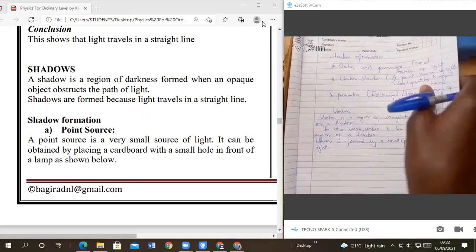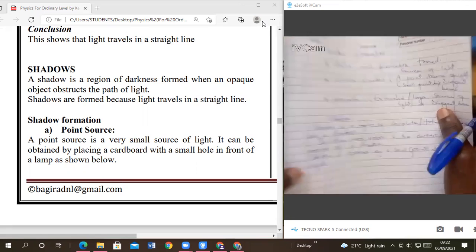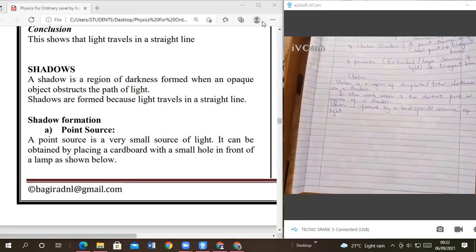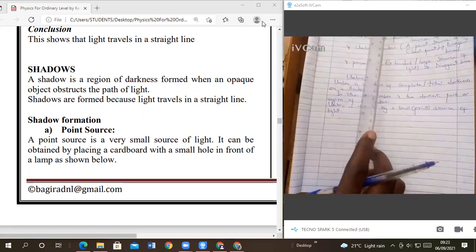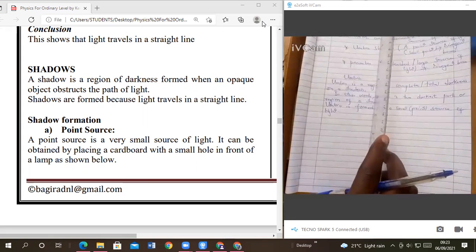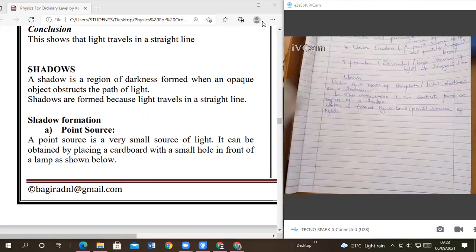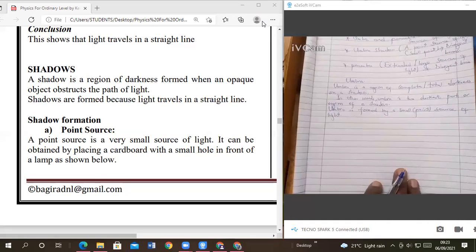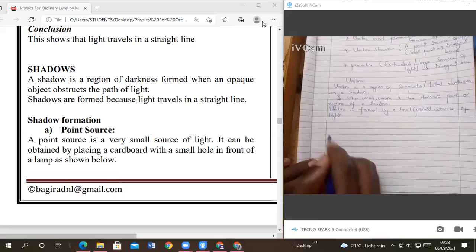Now my concern here is how do we draw? Can you pick your ruler? The ruler you are going to use must be a transparent ruler. So let's see how we come out with the umbra. I'm going to draw a small